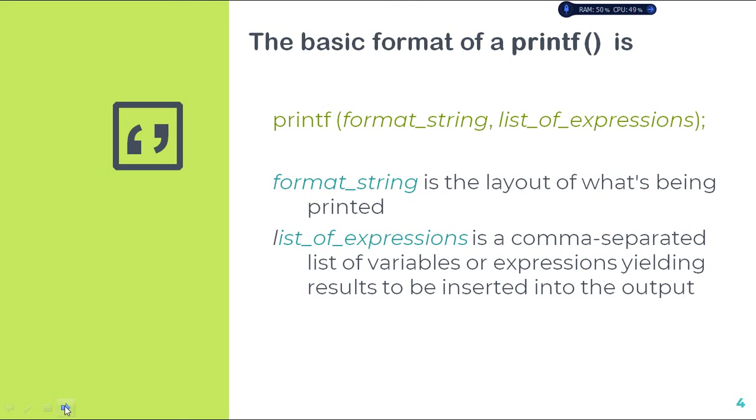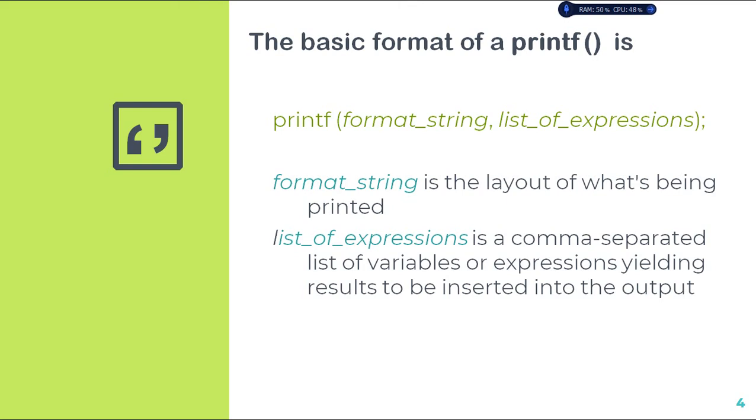The basic format of your printf statement is, in a C program you have to follow the syntax for everything. Coming to a formatted input output statement you want to use in your program, you have to follow the syntax like this. You have to use your printf function, and in that printf function you have to specify your format string. The format string will be %d, %s, %c, depending on the data which you are trying to give to your program. The format string will vary. I will explain about these format strings in the next screen.